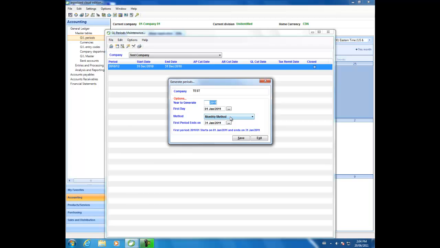Then select the monthly method if you wish to have your periods start on the first of the month and end on the last day of every month. The other 3 choices are by weeks. This means that each period will either be 4 or 5 weeks long, start on a Sunday, and end on a Saturday. For example, for 2011, using the 4-week, 4-week, 5-week method, you would enter January 2nd,